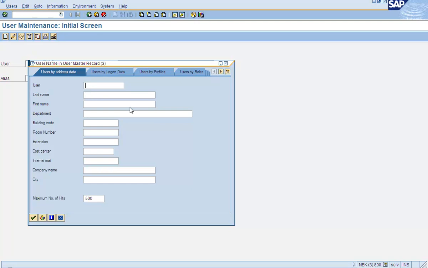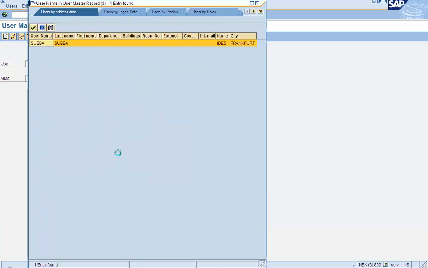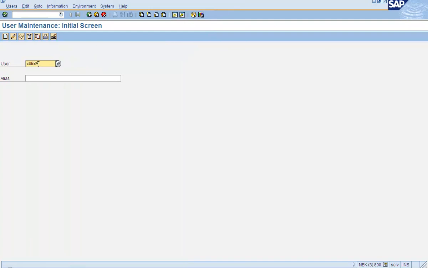So for example, if I search Subba, user ID, it will find that term for me and show me the record. Double click on it and that gets populated here.